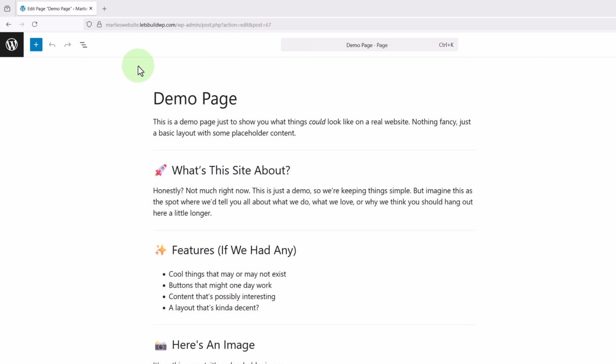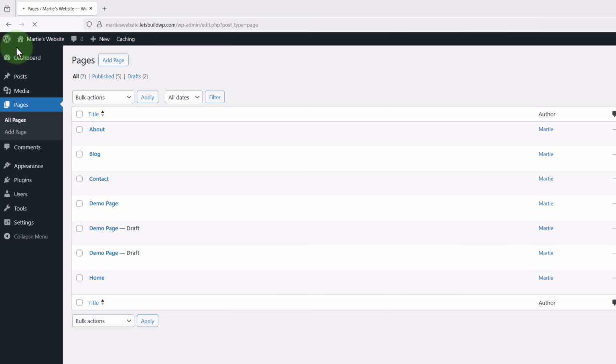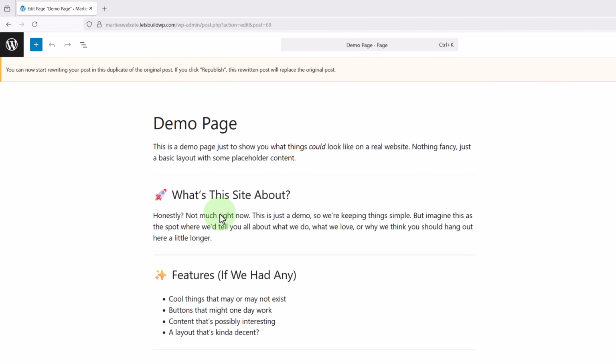Then if we go back to our list of pages and hover over the page title once more, the last option we have is Rewrite and Republish. Now, I would be careful using this one, and I'll explain why. So when we click this, it's going to duplicate the page and bring us into the editor in the same way as New Draft. Only if we look up at the top, we can see it says,